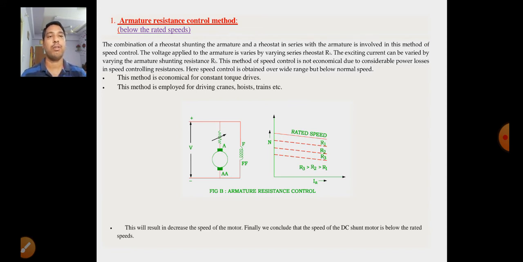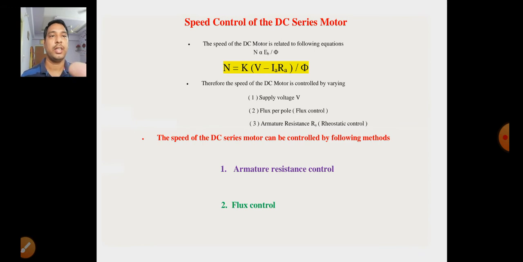So these are the simple values of R, resistance, we are varying. There is nothing but the R value we are going to increase. Whenever we are increasing the R value, definitely I is proportional to V by R. R is increasing, so the current should decrease. So here the armature current is going to decrease, as from the previous equation we have represented I_A R_A. So here the I_A value is going to decrease.